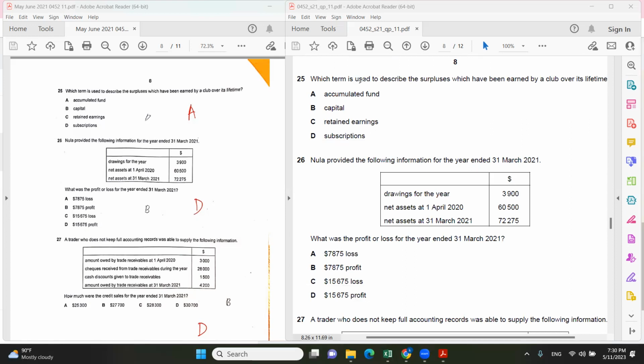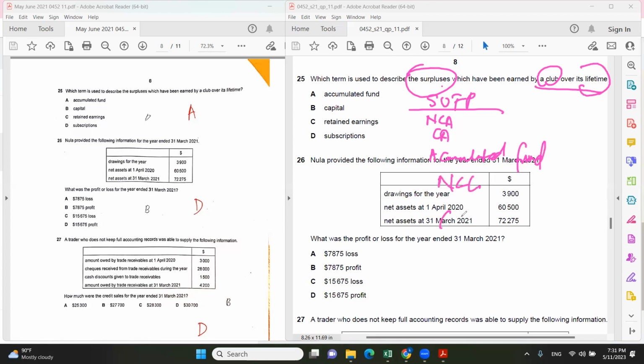Which of the terms is used to describe surplus in the club over its life? Okay, this surplus over its life means that under the statement of financial position, this club account, you have non-current asset, current asset, and then here accumulated fund. After that, non-current liability, current liability. This is what they're talking about. Over its life means the accumulated fund. Okay. Next,